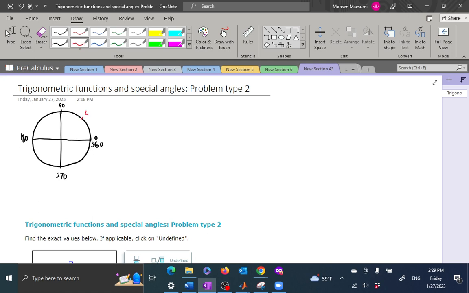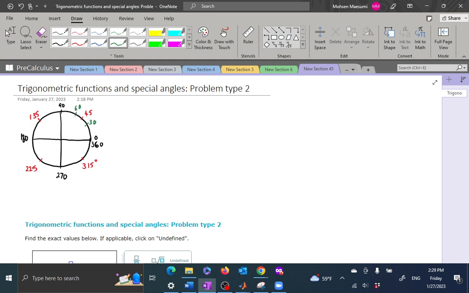Going halfway you have your 45, and then 135, and then 225, and then of course you have 315 degrees, and then you have multiples of 30, so you have 30